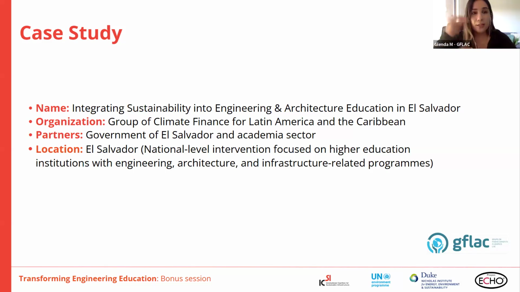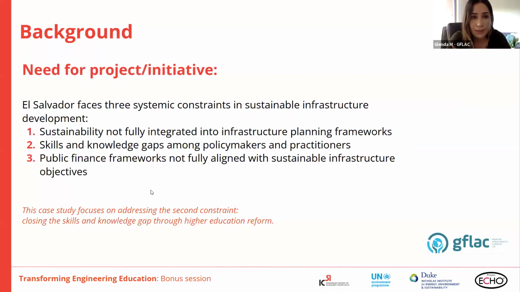And we see higher education as a foundational entry point for enabling sustainable infrastructure systems in the long term, but we need to have a transformational focus, because there's no other way. To only add courses or to only talk about sustainability as an isolated item doesn't work. We can continue with the next slide, please.